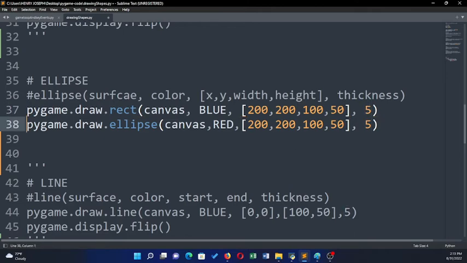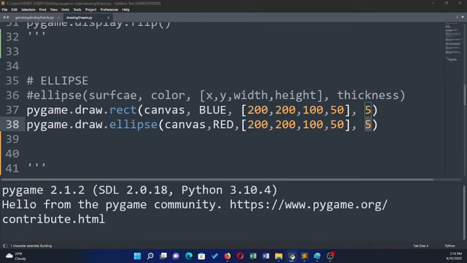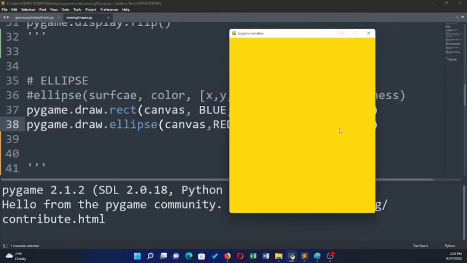So I want to show that the rectangle is being drawn. So when I come here to call my pygame.draw.ellipse, then I call my 200, 200, 150. That is the same rectangle as above. Then I want the thickness of my ellipse to be 5. So if I run the code and see, you can see that the ellipse has not been drawn. Now I did this intentionally. The reason why the ellipse is not shown, it's drawn, but it is underneath